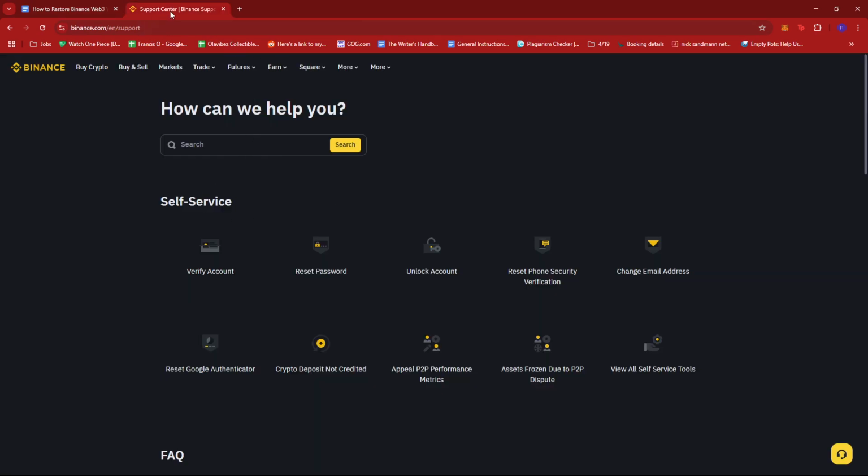Now, you can reach Binance's support center right here. Just type in binance.com/n/support, and you should be able to see this page where you can contact them and reach them for whatever